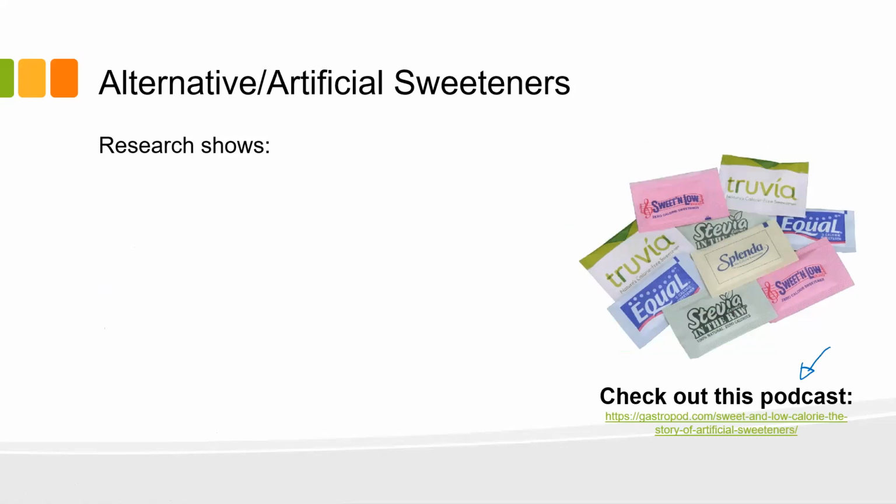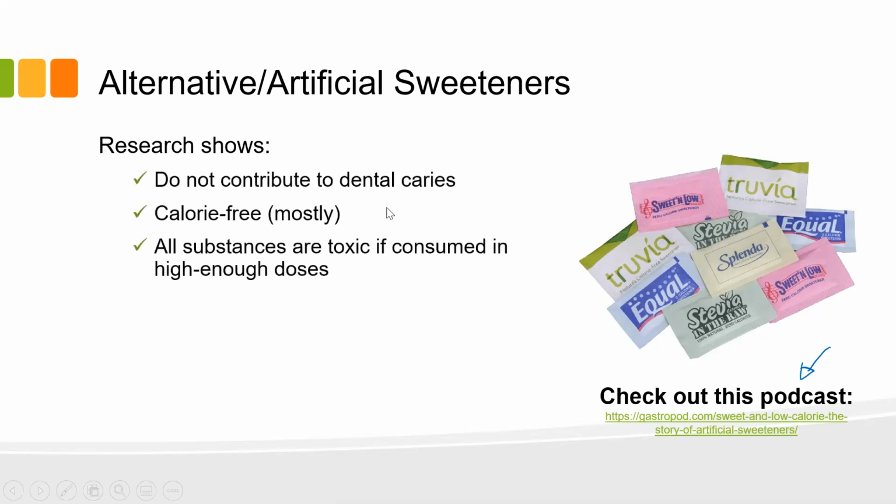It was used by the Romans. Lead apparently is sweet. That's why it's a big concern when there's lead in paint, because of course kids might eat the paint if it's sweet. And lead, we know now, is a toxic metal. You do not want to be eating lead. Not a good idea. So what does the research show on artificial sweeteners?